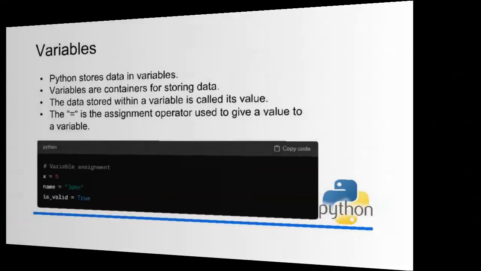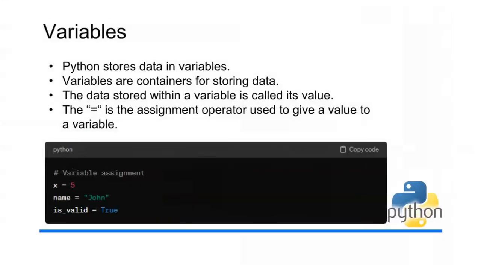Variables are used to store and manipulate data, and their values can change during the execution of a program. Here's an explanation of what you need to know about variables. A variable is a named storage location in the computer's memory where data can be stored and manipulated during the execution of a program. In Python, you can create a variable simply by assigning a value to a name using